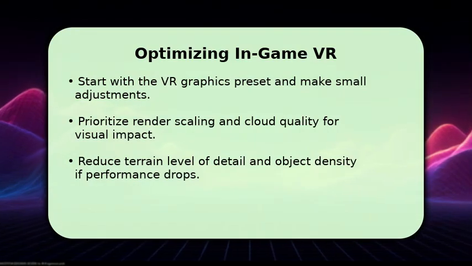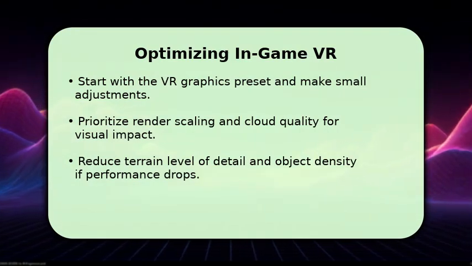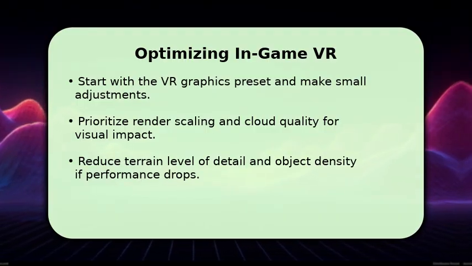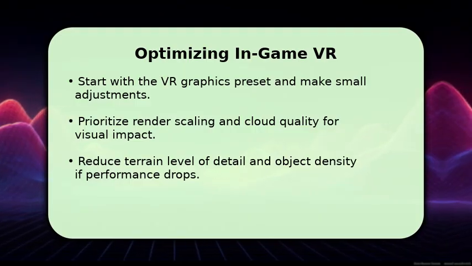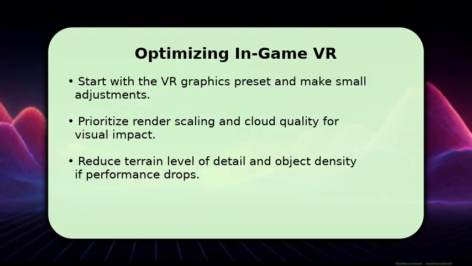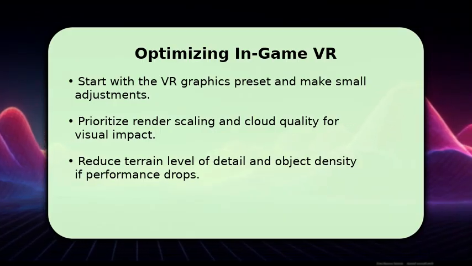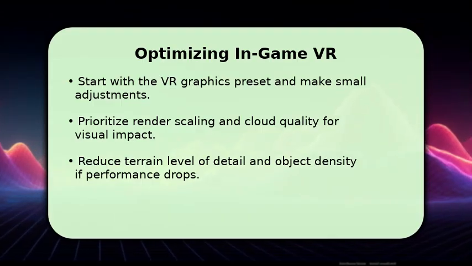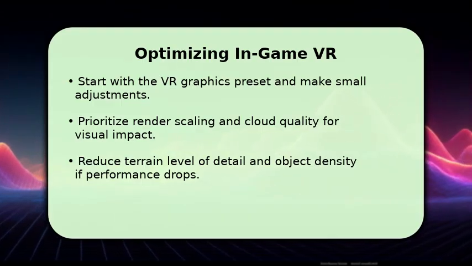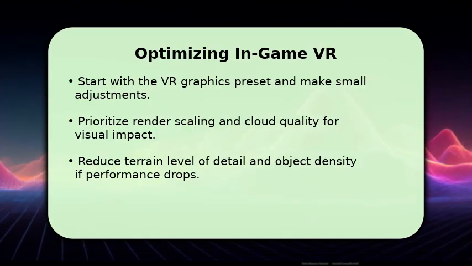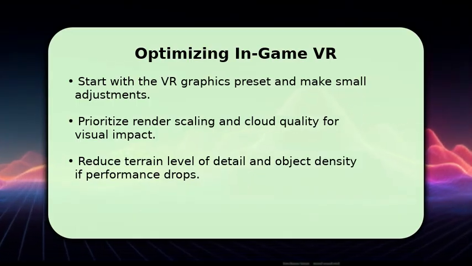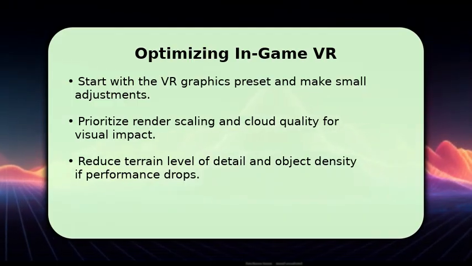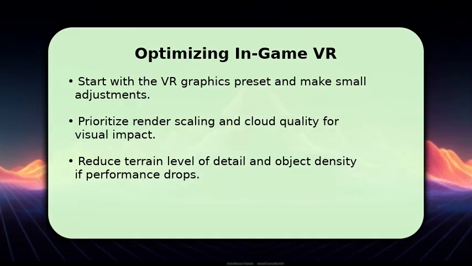Now, let's optimize the in-game virtual reality settings. Begin by selecting the default virtual reality graphics preset. From there, make incremental adjustments. Focus on render scaling and cloud quality first, as these significantly impact visual fidelity. If you experience stuttering, consider lowering the terrain level of detail and object density. Finding the perfect balance between stunning visuals and smooth frame rates often requires a bit of experimentation, so take your